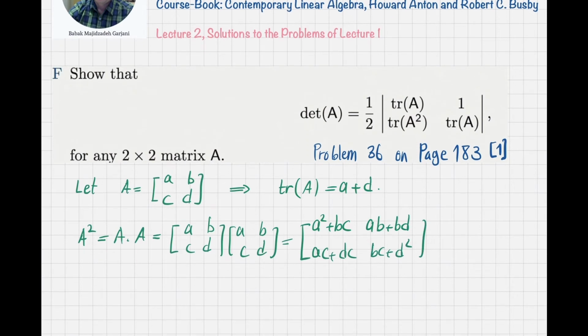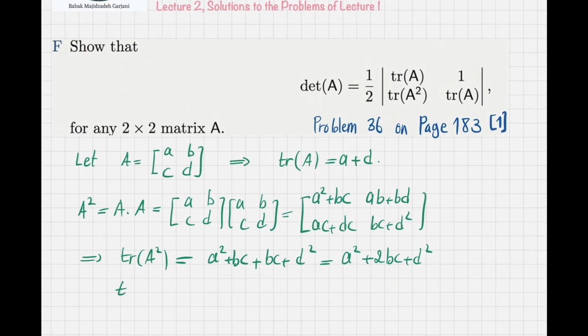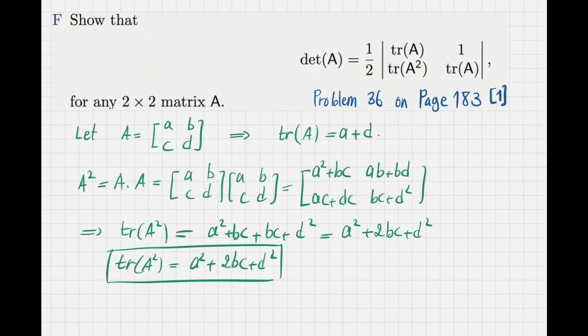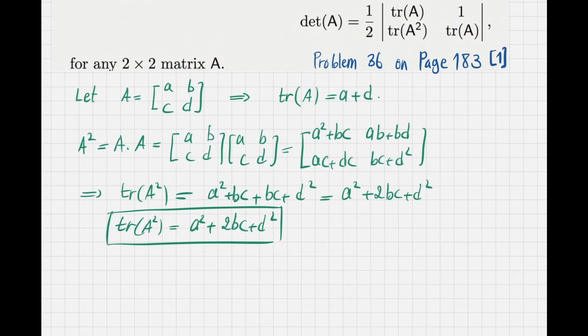Okay? So then it means that the trace of A squared is equal to the sum of the entries on the main diagonal of A squared. So this becomes A squared plus BC plus BC plus D squared. So if I write it, it becomes A squared plus 2BC plus D squared. So that would be the trace of A squared then. Yes, so this is the trace of A squared. And now everything is ready to calculate the right hand side of this expression. So I would write the right hand side